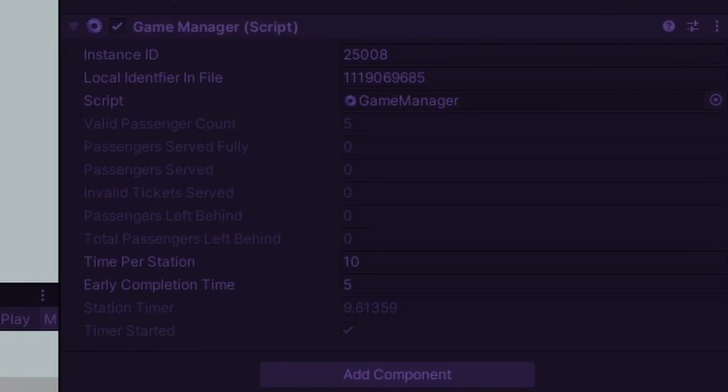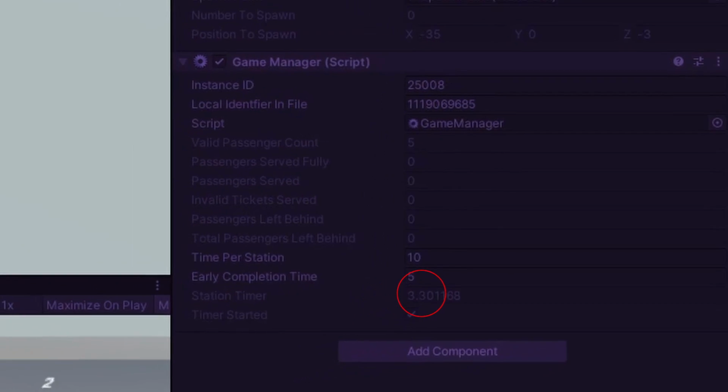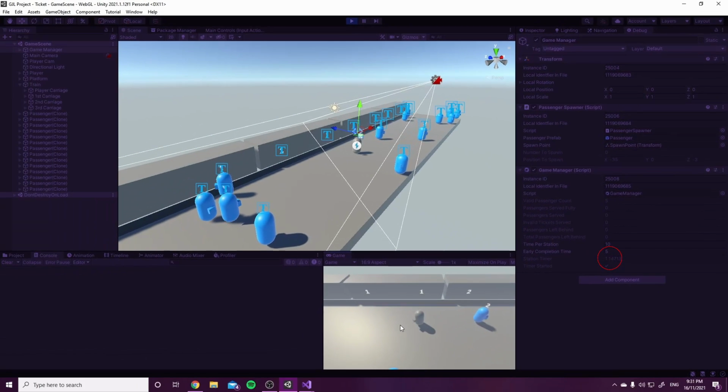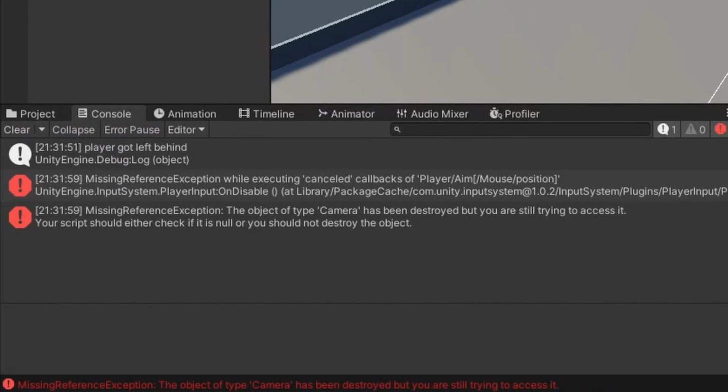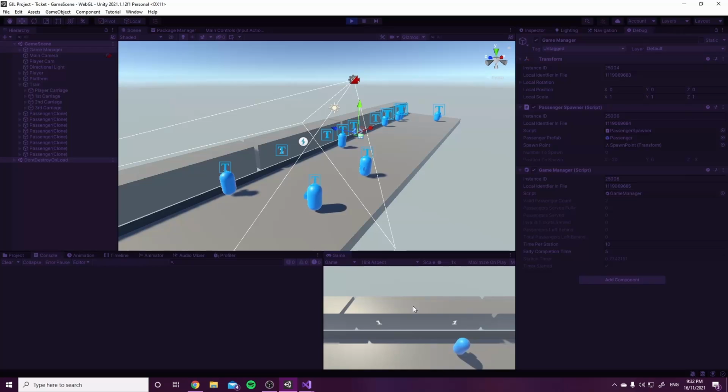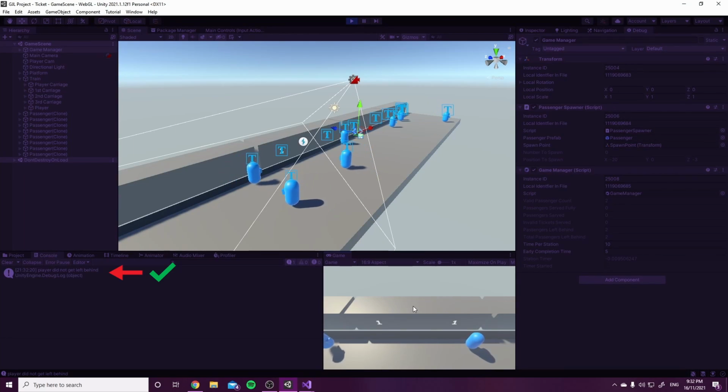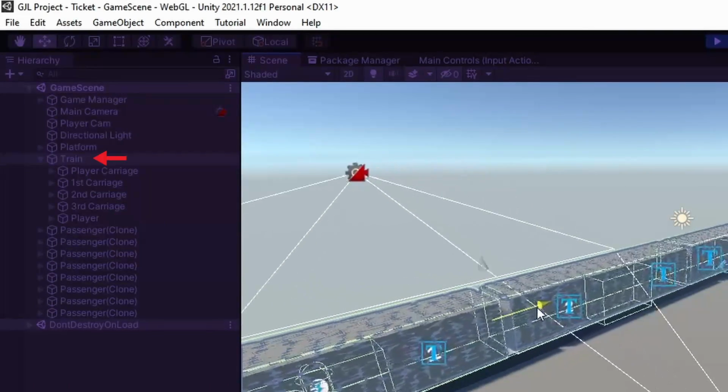I also managed to get a lot of stuff done with the station timers. First, I had a station timer that counts down from a set value, in this case 10 seconds. At the end of the countdown, it checks to see if the player is on the train or not. With some errors, but they disappear later. Don't worry about them. If the player is on the train, it parents the player to the train so that